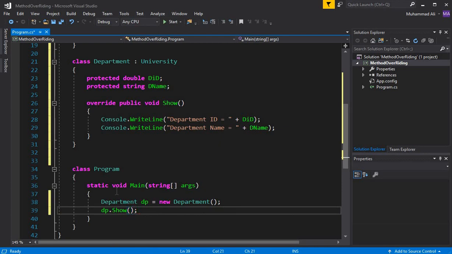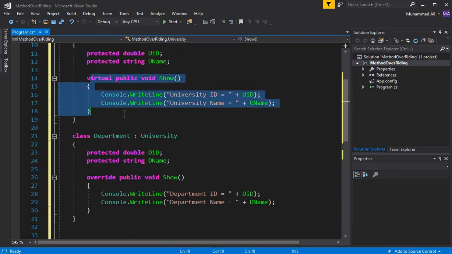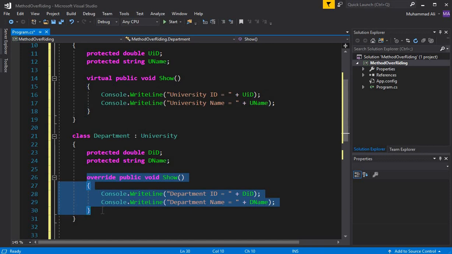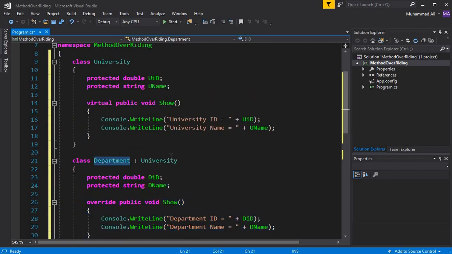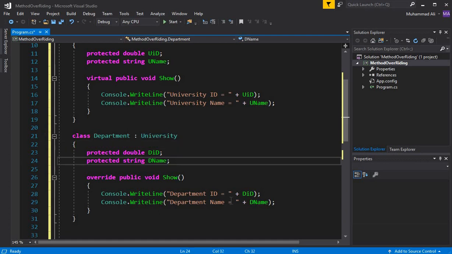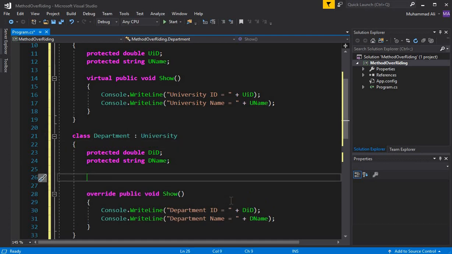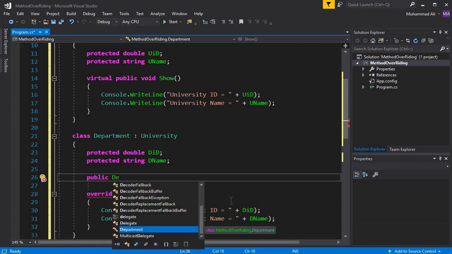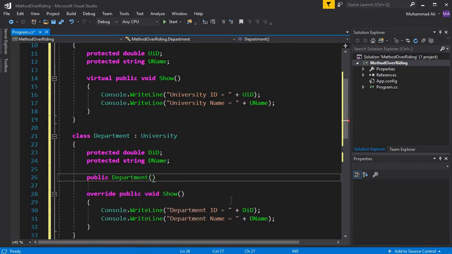Now here comes the important thing. First of all, we have to pass some values to this virtual method and this override method, I mean to both of these. So how can we do that? We know that department is a child class of university, so we can create a constructor inside the child class. For doing that, we can say public department, and this constructor must receive the first parameter,